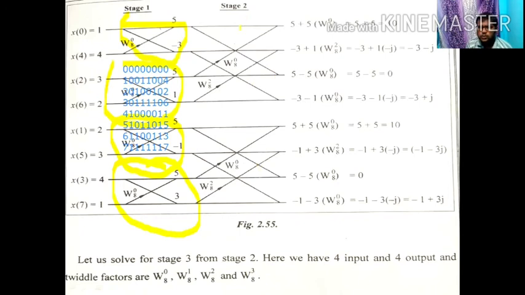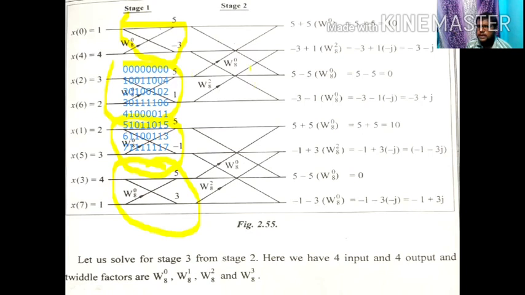Stage 2. So similarly for stage 3. Stage 3 means I combine these two 4-point DFTs into 1 8-point DFT, which makes it 8-point. So it means I combine these 4 input lines. So similarly here, I just extend the stage 1 lines, and first I combine this 2-point DFT here. So now it becomes 2 inputs and 2 outputs. It means 2 positive lines and 2 negative lines.